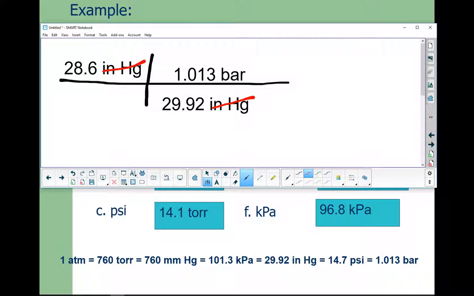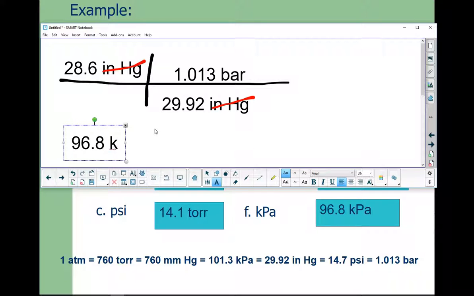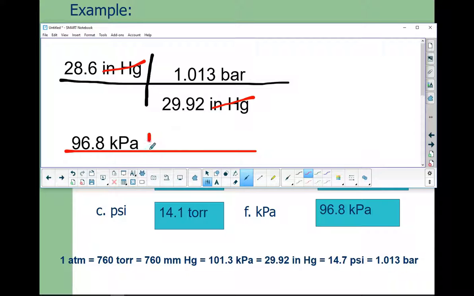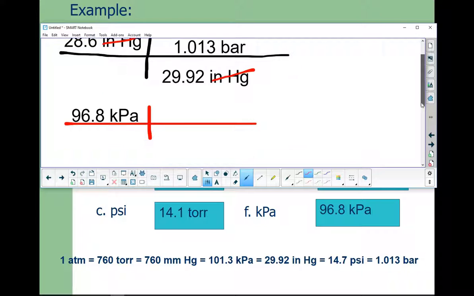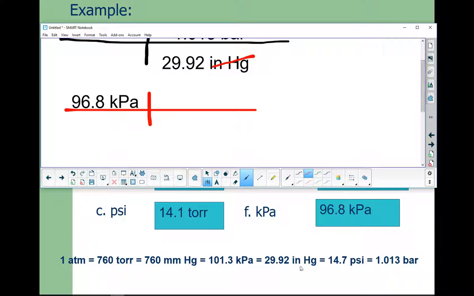Okay, should we do one more? So let's go ahead and do the kPa right here and see if we get the right one for kPa. So I would take 96.8 kPa and I would set up my factor label. Whoops, I got a red one, that's okay. And on the bottom, I'd look back here for kPa. There's 101 kPa. So on the bottom here, I would put 101.2